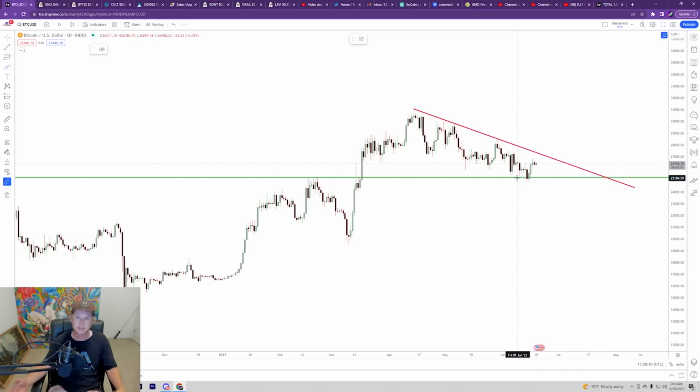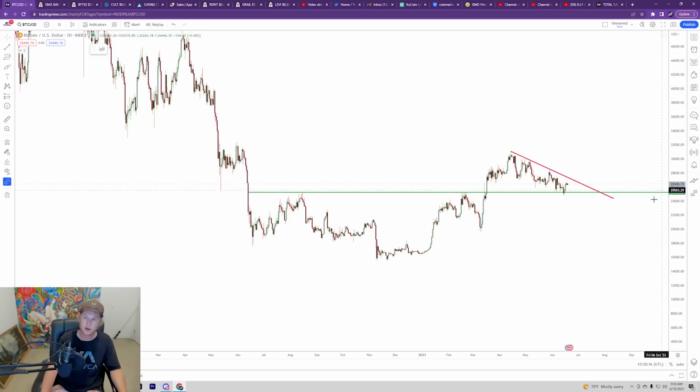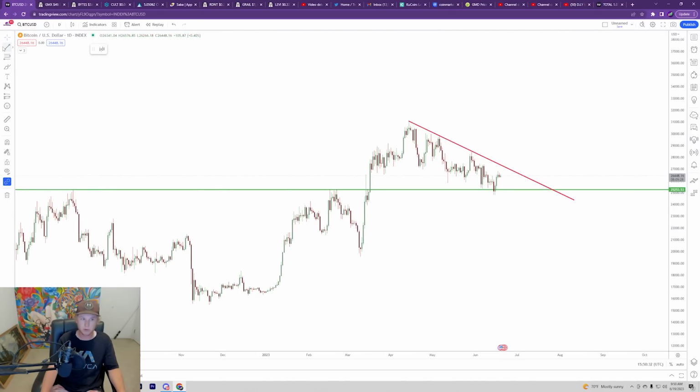the stock market make a big sell-off, then it's hard to say how Bitcoin's going to be able to fare through that. My guess is it most likely wouldn't perform very well, and with Bitcoin already having a descending resistance, it's very apparent that with us now having retested this level, if we get any sort of correction, we absolutely have to break out here soon. If we're not going to be breaking out of here soon, I just don't see the scenario that this continues to hold the support, just mainly because of the fact we do have this obvious trend,